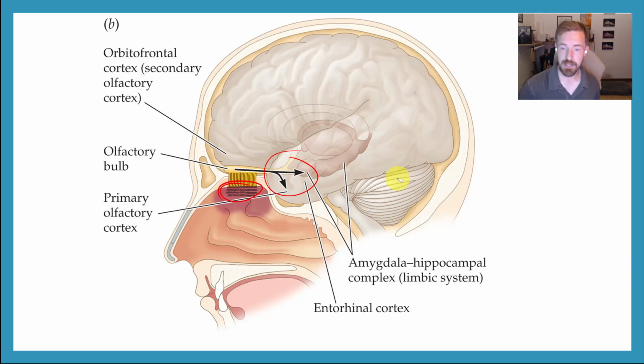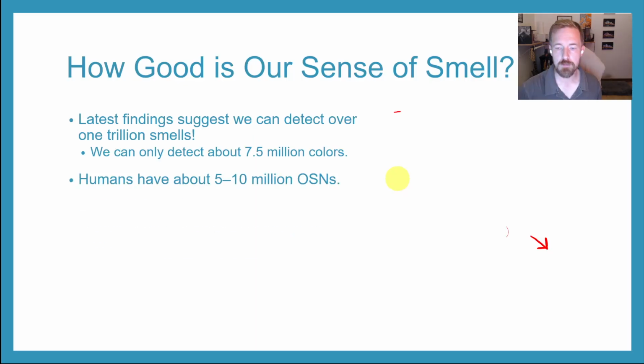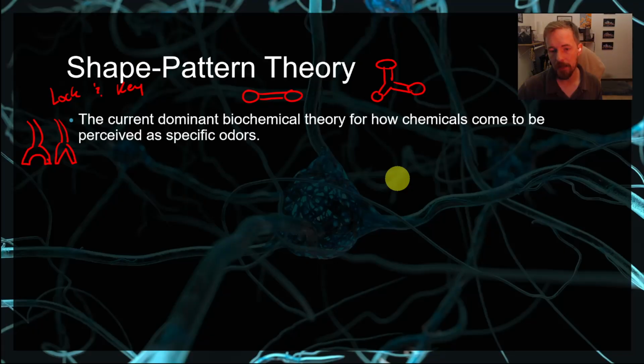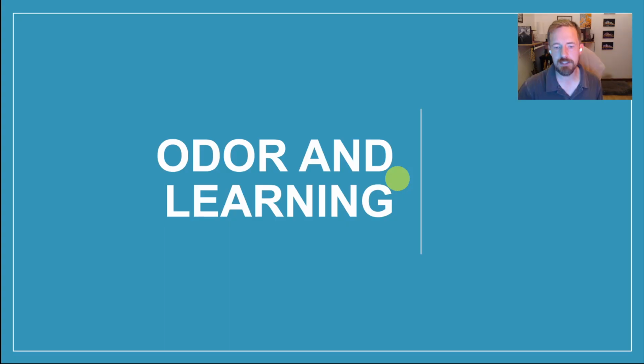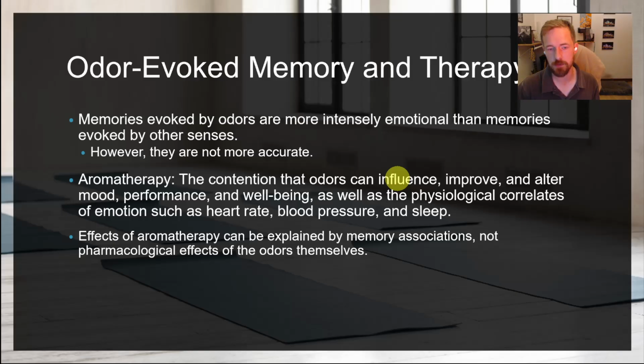So it's different. And for that reason, people speculate that this is also why memories for smells are exceptionally vivid, because smell doesn't go through the thalamus like these other senses do. And because it doesn't, that makes it more vivid. That makes it more emotional. That makes it feel more accurate because it's not being regulated by that sensory gateway of the thalamus. So they can be more vivid, more intense, more emotional, but that doesn't necessarily mean that we're more accurate.